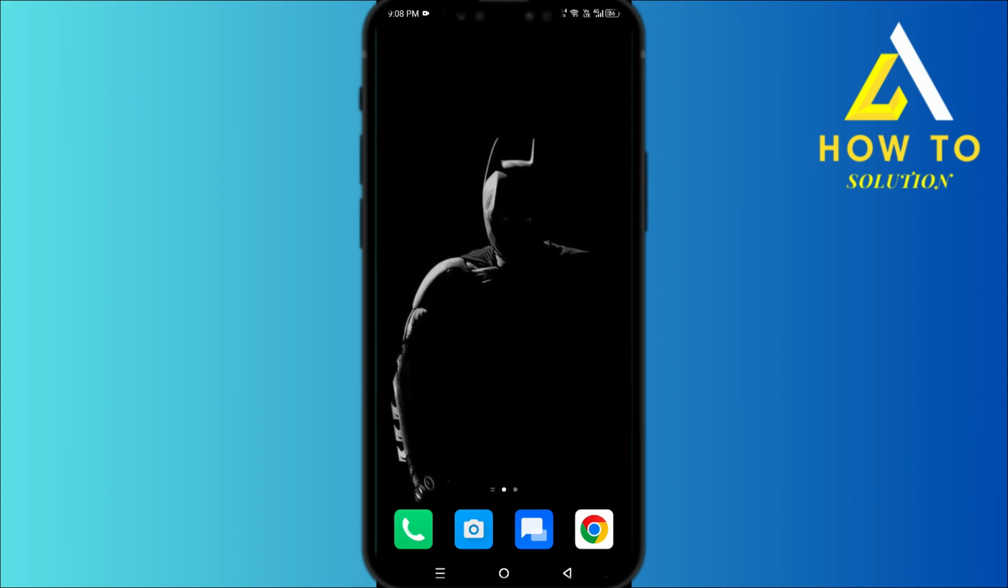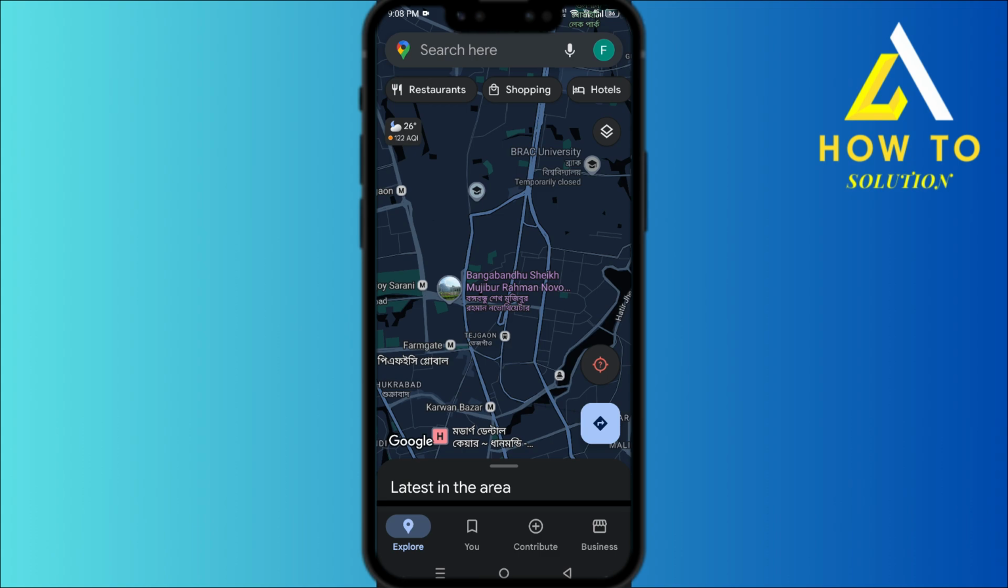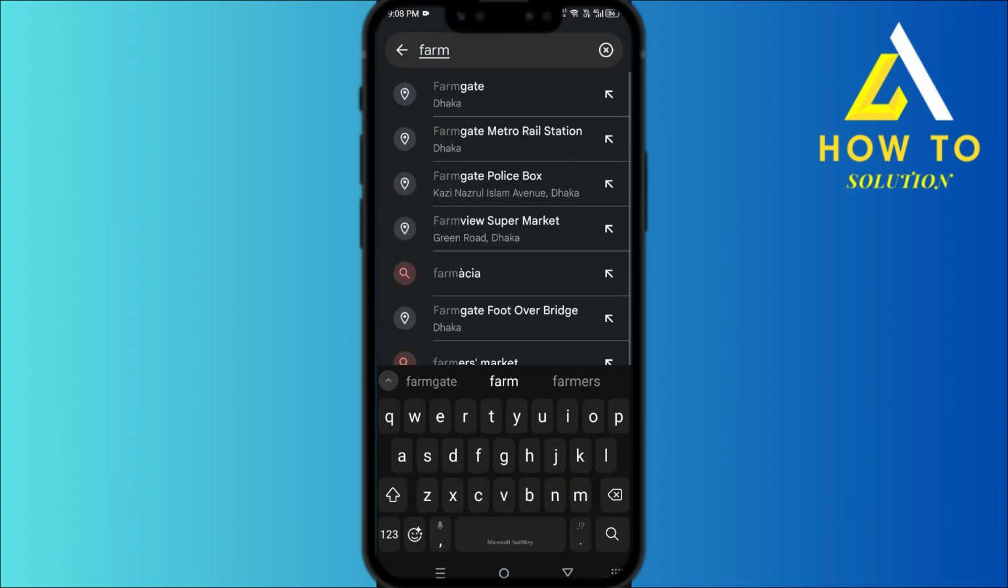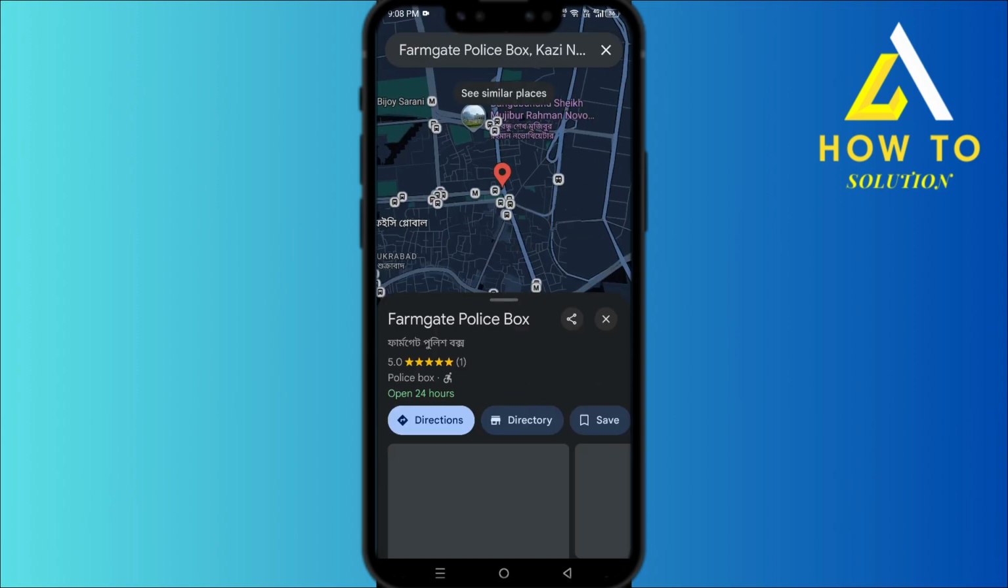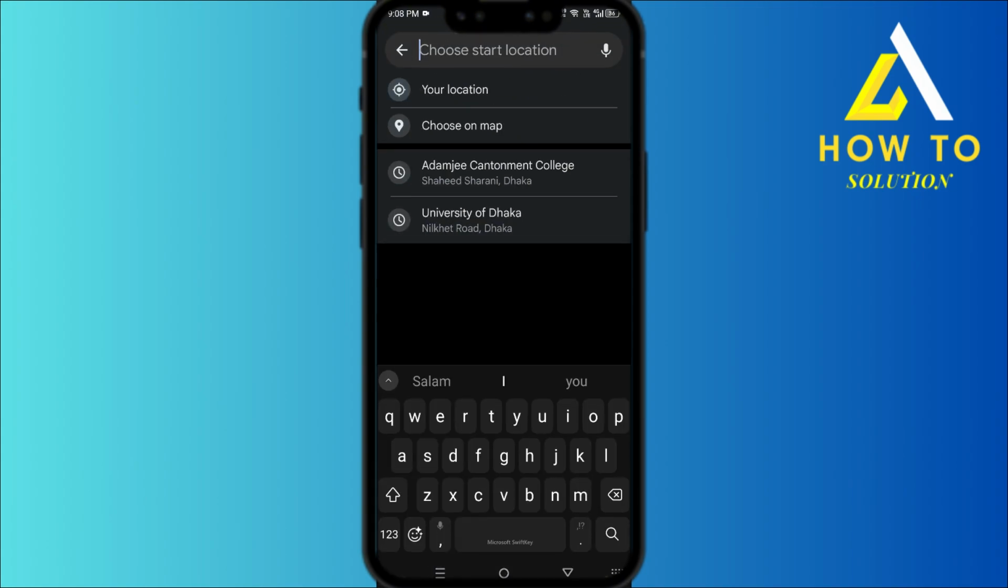Hope you're doing well. Today I'm going to show you guys how to change route on Google Maps, and this is actually very simple. At first you head over to Google Maps and you search for the place where you want to go. Let's say you want to go to Farmgate Police Box, just a random place, and click on directions, and the starting location, let's say, is